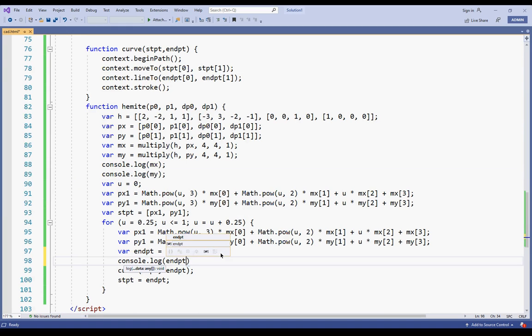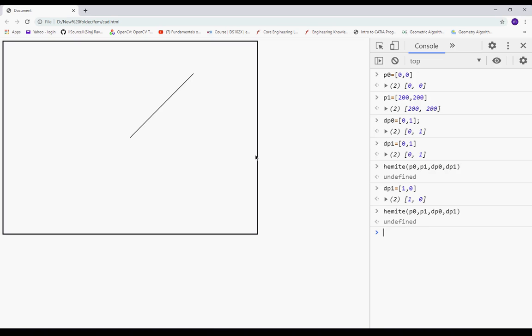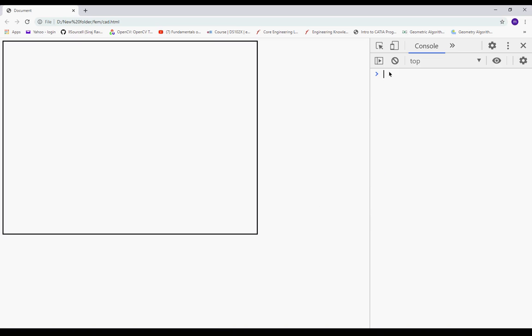And pt. Okay. So I just hit save and I just reload it. Okay. So I'll create a p0 is equal to. So you have solved this problem.